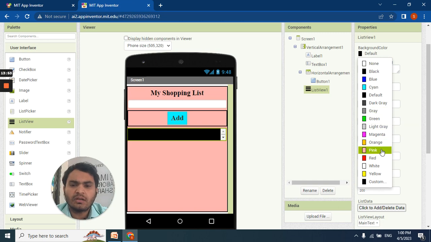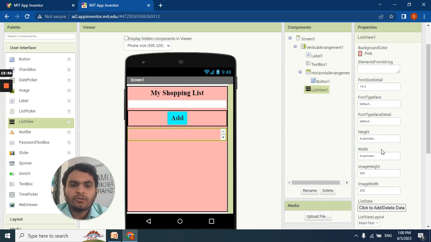I am choosing the background color pink, so that it can match with the vertical or horizontal arrangement. So now list view. Now what list view will do is, whatever items you add in the text box, all the items will appear in the list view component.